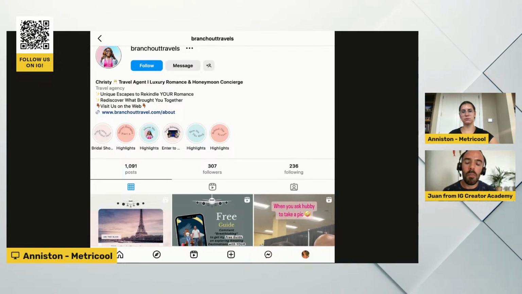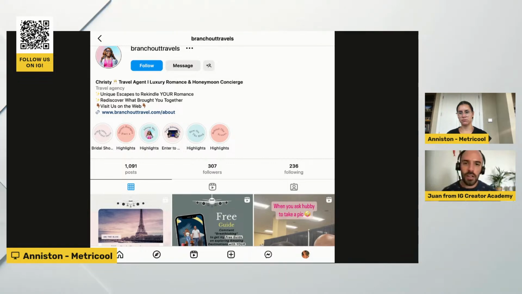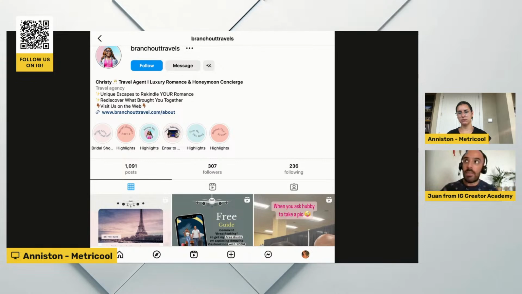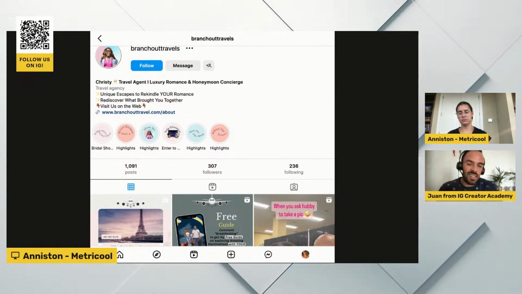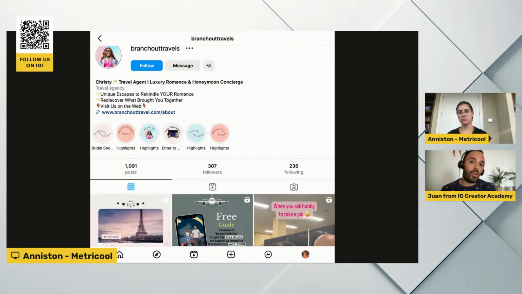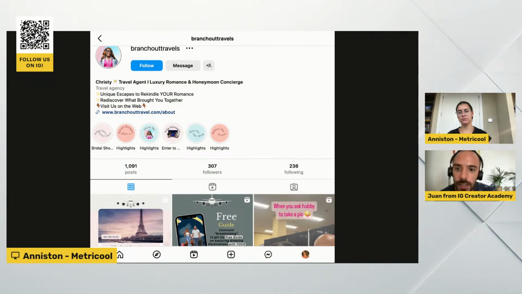You might not have thousands and thousands of followers, but you might have 20 years, 30 years of experience in your industry. Add that, because that makes you more credible, even if you don't have a huge audience, because at the end of the day, it's not about that. It's about your experience and what you can provide to your audience.